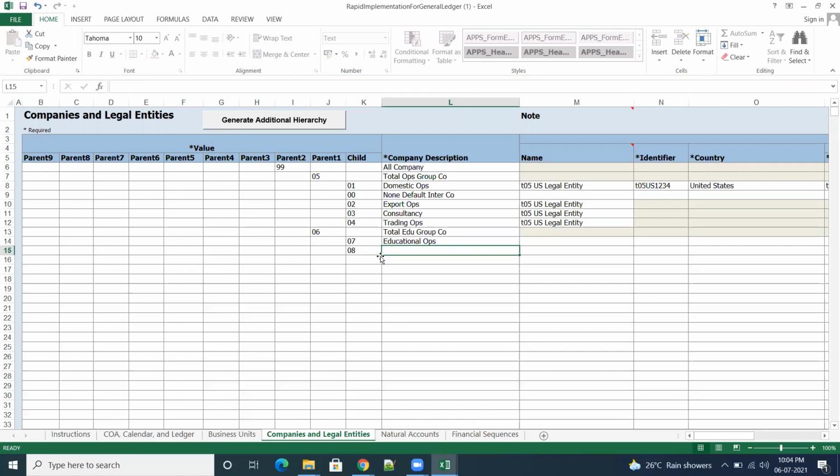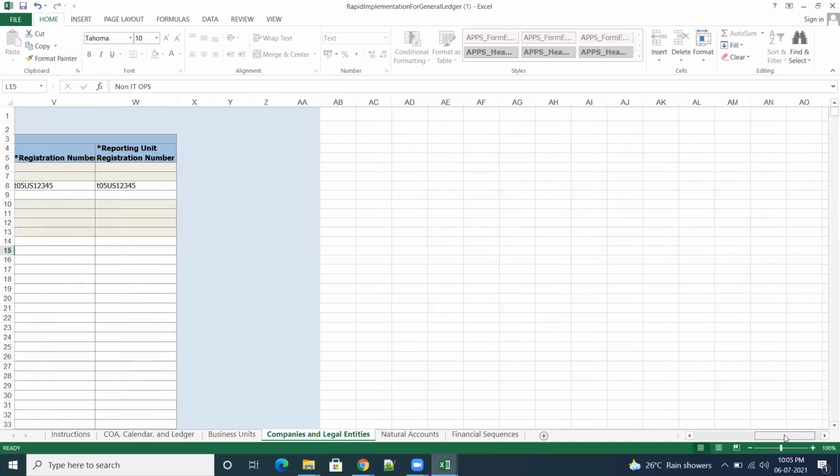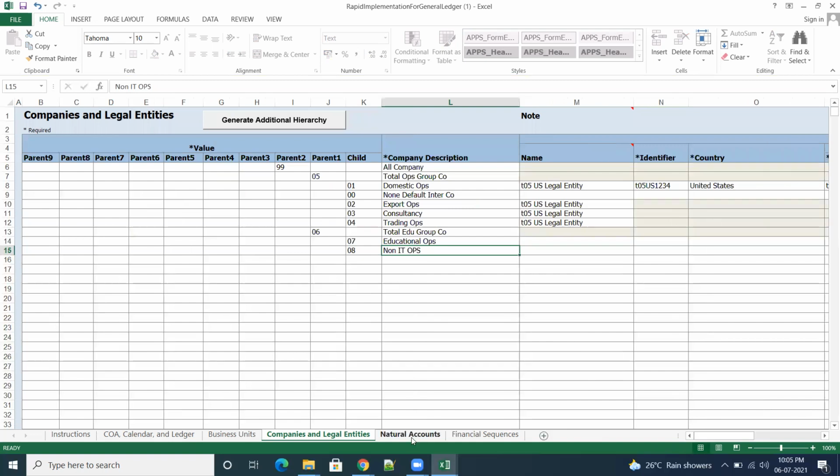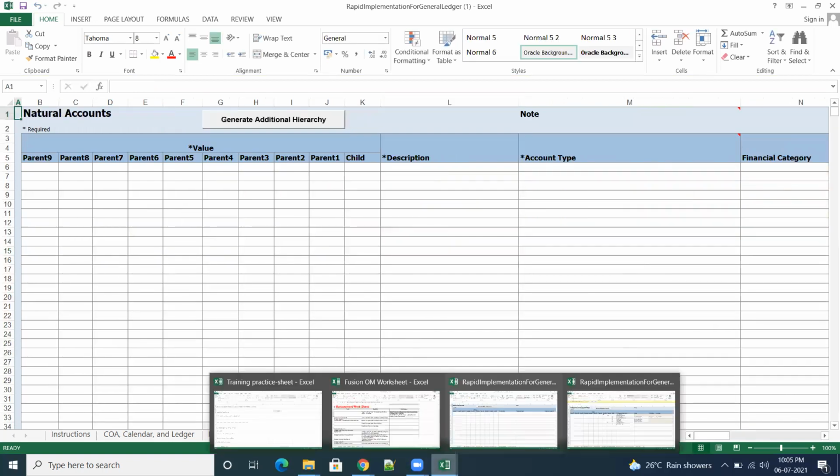Let us say non-IT, non-IT OPS. Okay. So I am using only a single legal entity. I'm not going further. So that's fine. The remaining ones, no need to touch. Go to natural account. So natural account, we have a lot.